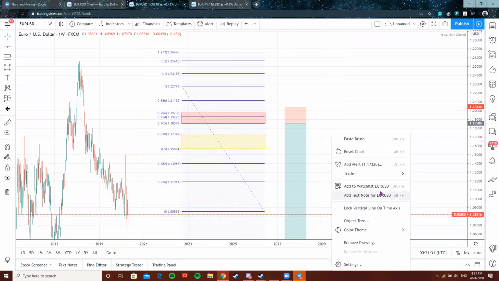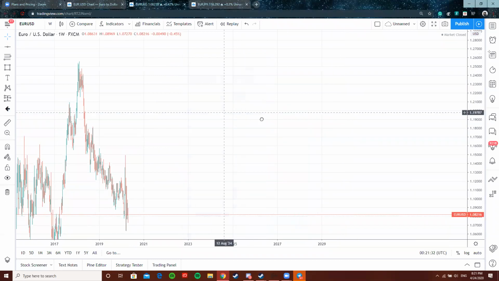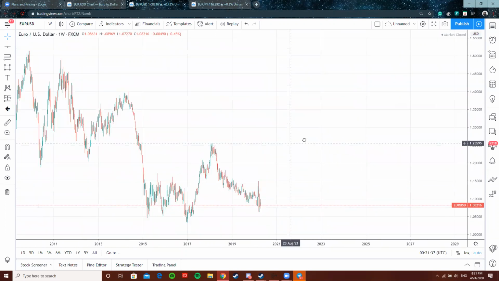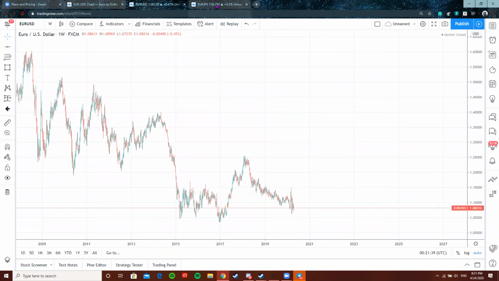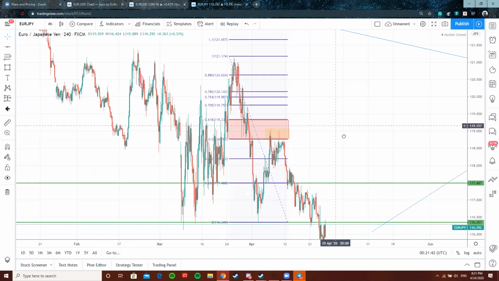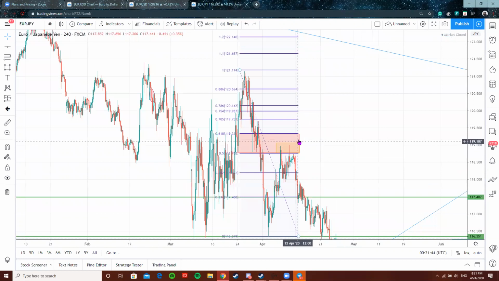Now, the next thing, and I discussed this with the one-on-one that I had just now, but I want to go back to it and show you guys how to use it in this situation, right? So we're looking at Euro JPY, and we just called a signal for it, but I want you to forget everything that's going on this week, and I just want you to look at the application of these fibs, right?